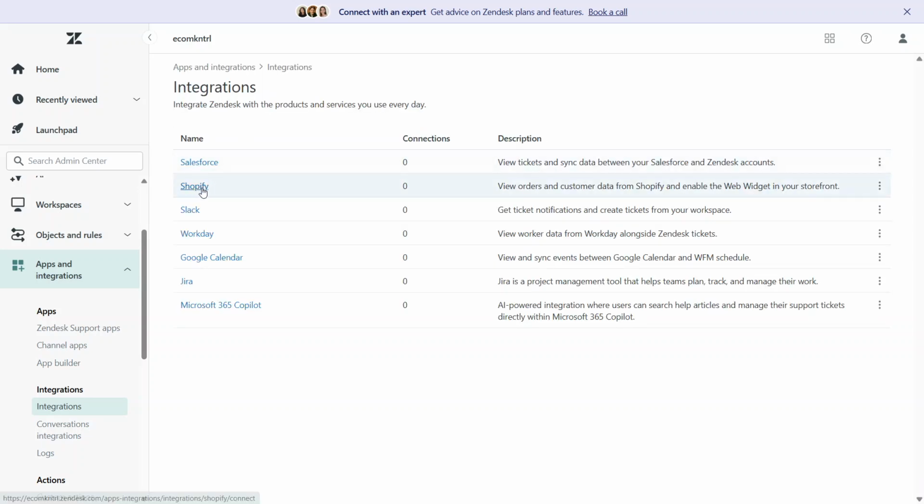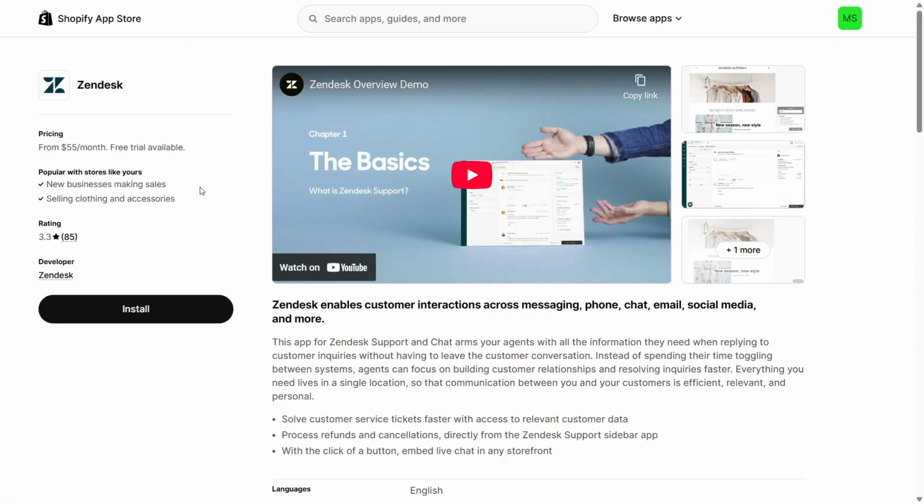This action will take you out to the Shopify App Store page for the official Zendesk app. A new browser tab or window will open with the Shopify App Store listing for Zendesk. If you're not currently logged into your Shopify account, Shopify will prompt you to log in first. So go ahead and enter your store details if needed. Once you're logged in and viewing the Zendesk app page in the Shopify App Store, look for the Install button